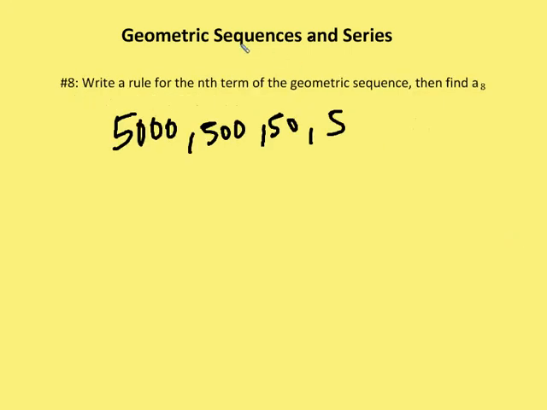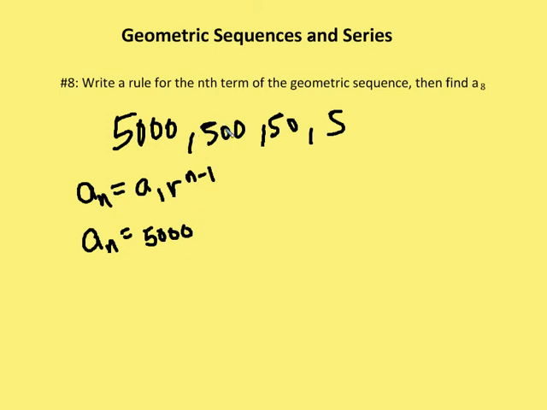The next question asks us to write a rule for the nth term of the geometric sequence and then find a sub 8. So remember that our rule or formula for a geometric sequence is a sub n is equal to a sub 1 times r, the common ratio, to the n minus 1. So let's figure out what the rule is first, and then let's find a sub 8. So I have a sub n is equal to a sub 1, which is the first term in the sequence, or 5,000,